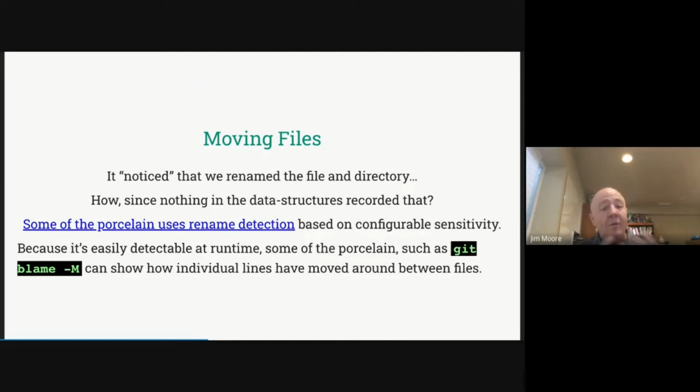So one of the things is that the porcelain that we used, like commit, did the rename detection. If you're familiar with how it does that, there's different ways, because again, it's not actually a rename as far as Git is concerned. It's just a new blob with a different tree value. But it's able to do a nice simple computation on it to detect that it was a rename.